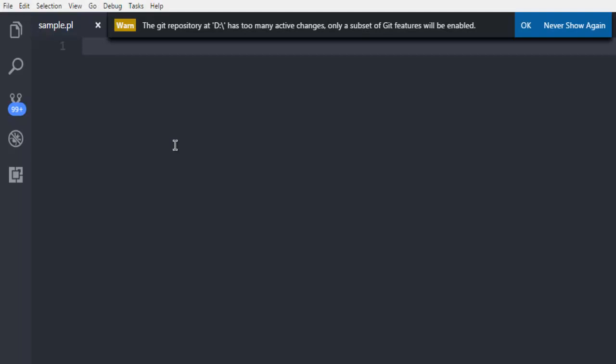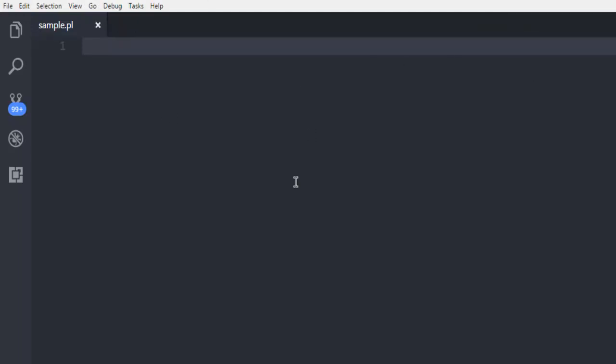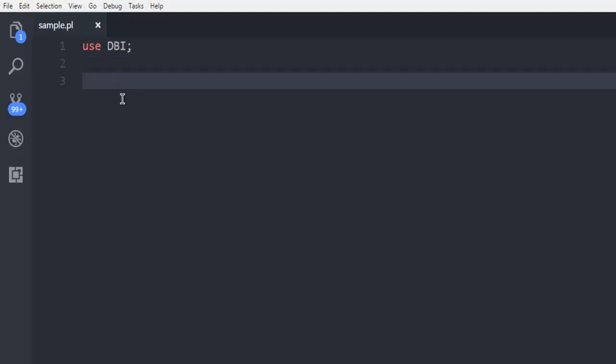So let's first open a text editor or IDE. In my case I am using Visual Studio Code, and as you can see I have created one sample.pl file. Now to work on this project, we need the DBI module, so we will use DBI. Next thing is we need a connection object that will use the DBI module